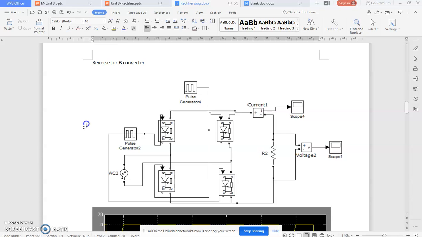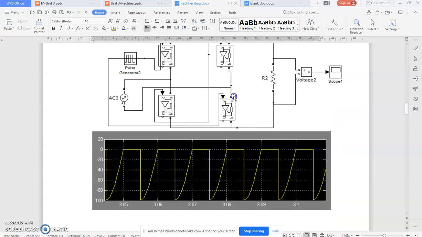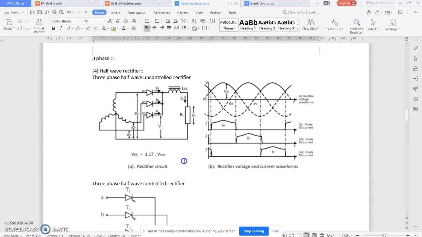Dual converter is very simple. It is an A converter and a B converter. What is this B converter? B converter means the thyristors are in the reverse direction with respect to the A converter, and the source is connected across these. So here is the source, as well as this point. But in a simulation, the plus terminal would be connected here and the minus terminal connected here. So it is just a reverse. So what is a dual converter? A converter, load and B converter.